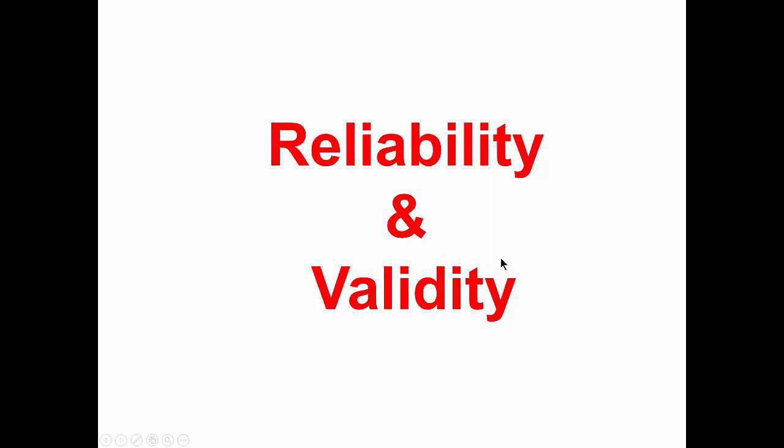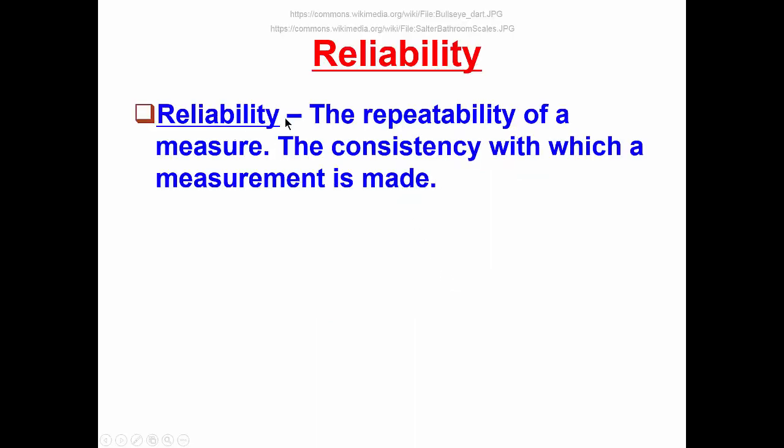Reliability and validity are two terms that often come up in any science, including the science of psychology. They're particularly important when we're talking about measuring something, and scientists measure all kinds of things. Psychological scientists measure behaviors, thoughts, and feelings, and we can be very particular about the reliability and validity of those measures. Let's begin by understanding a definition of reliability: the repeatability of a measure.